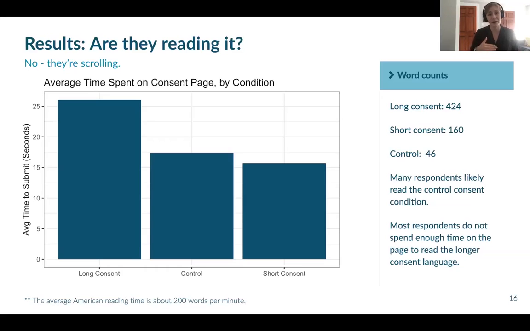This consent language, the long one, is 424 words. You really have to scroll to get to the bottom of it. The average American only reads about 200 words per minute. So there's really no way that in 25 seconds on average, people are reading this long consent language. The short consent language, on the other hand, is 160 words, still probably not reading that whole thing. Potentially they're reading all the words in the control condition, but definitely respondents were not reading all 424 words in just 25 seconds,